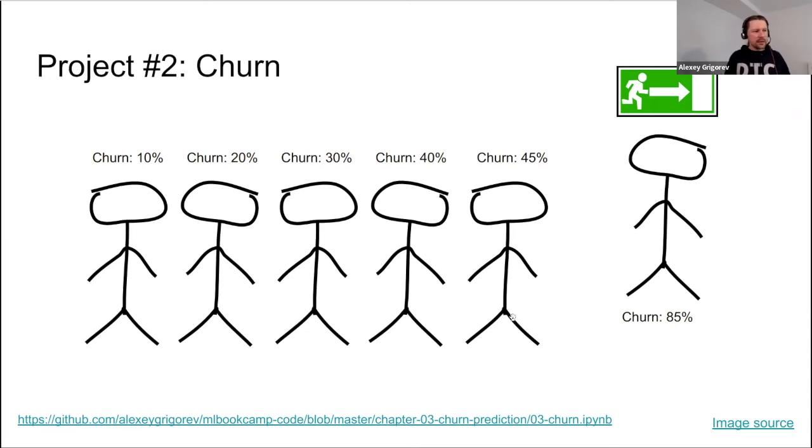So we're looking at things like how many months the customers spend with us, what type of contract they have, and things like that. And this is a classification problem. We want to predict if a person is going to leave or not. So this is called the binary classification problem. 1 means a customer is going to leave, 0 means they're going to stay. And then the model would predict a probability that a person is going to churn. And we can use that for understanding who we need to try to convince to stay with us.